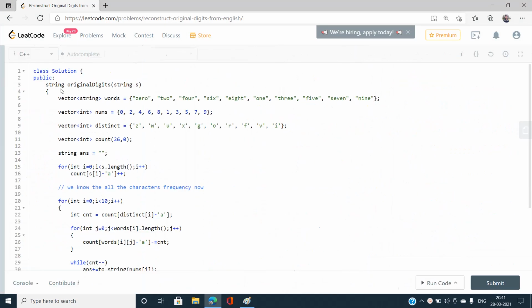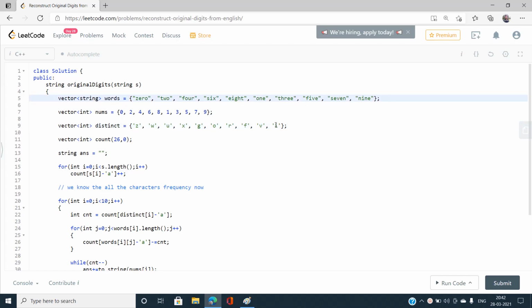Basically, I have taken an array of words, with the corresponding numbers and the corresponding distinct characters that I have assigned. For 0, the distinct character is Z. For 2, the distinct character is W. Similarly, U for 4, X for 6, G for 8, O for 1, R for 3, F for 5, V for 7, and I for 9.